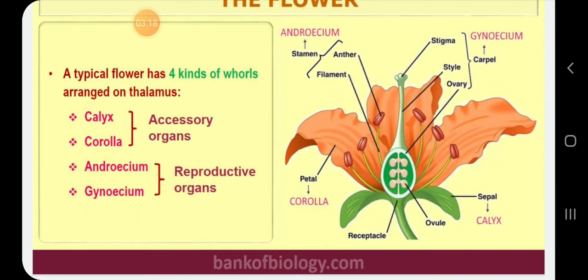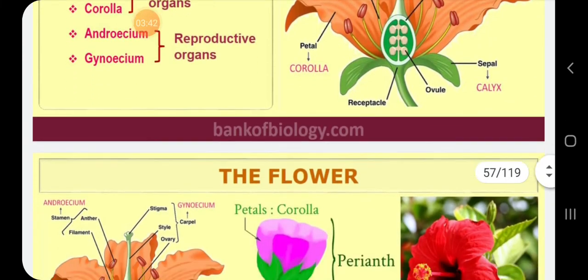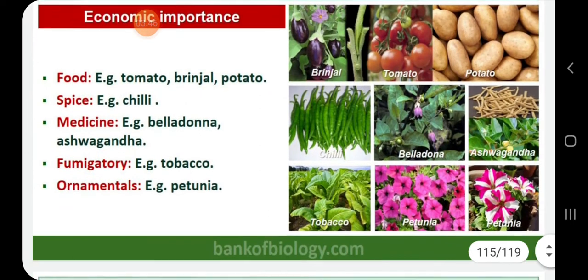Now the flower has 4 kinds of whorls, and they are arranged into 2 categories: accessory organs, calyx and corolla, which are the colored portion, and they are responsible for attracting the pollinators, and the main reproductive organs, that is androecium and gynoecium. Androecium is the male part, and the